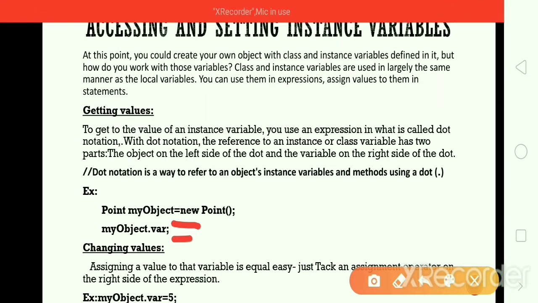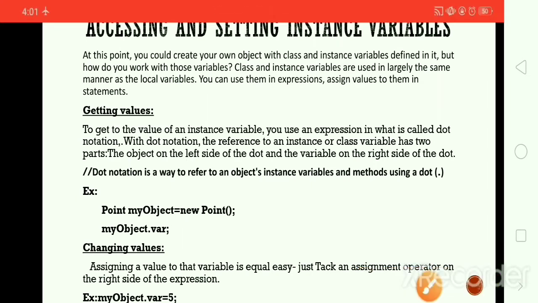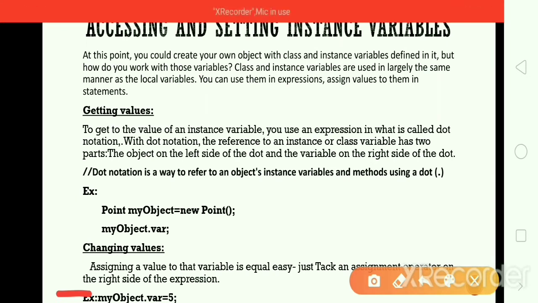See here we have the example. On the right side of the expression we are using the assignment operator, and assigning a value. Here my value is 5. You can change that value at any time in the program based on your necessity.